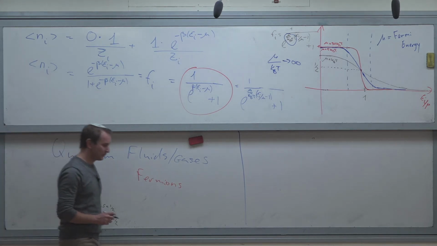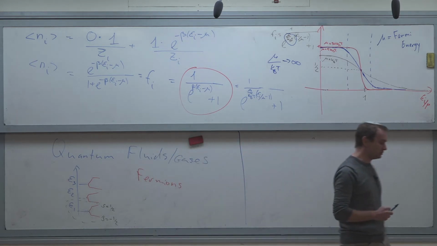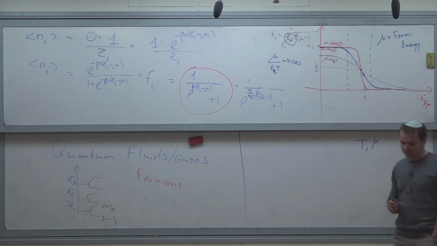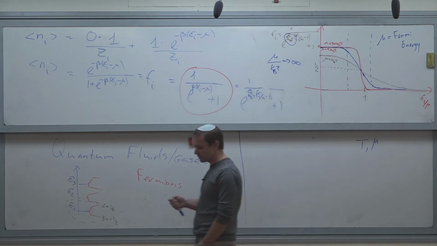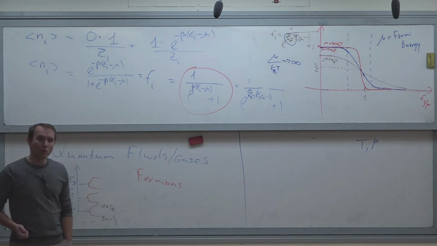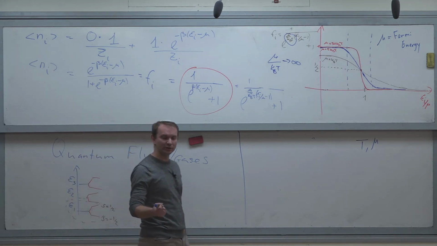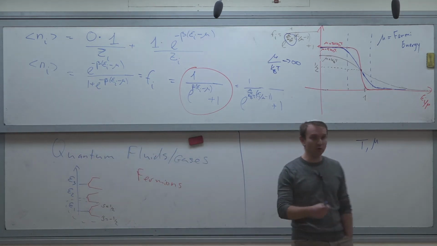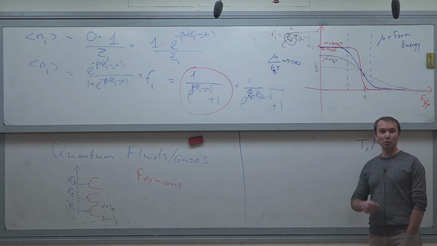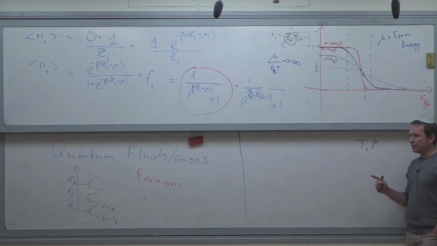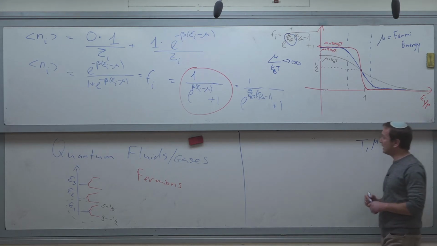Now remember, for the grand canonical ensemble, what is constant is T and mu, the temperature and the chemical potential. We can change the temperature and the chemical potential, and they dictate the distribution functions, the different probabilities to be in specific states. Those quantities also determine the average number